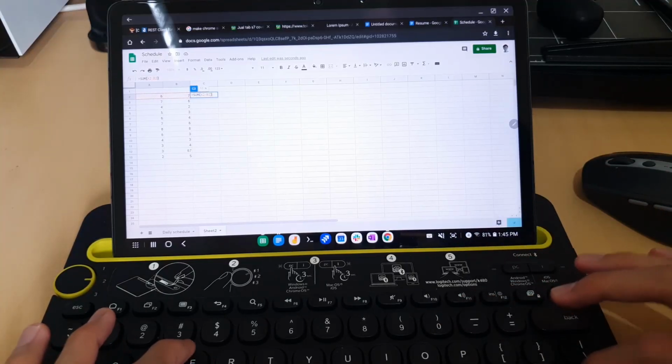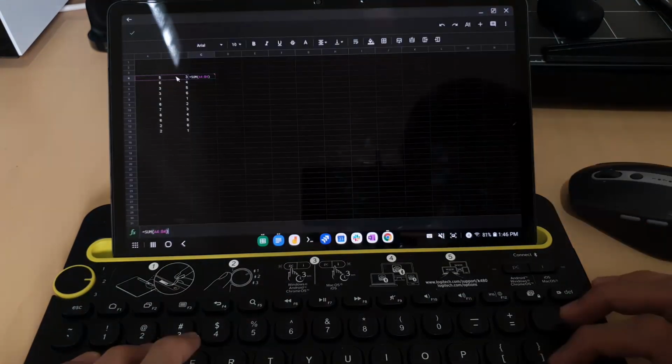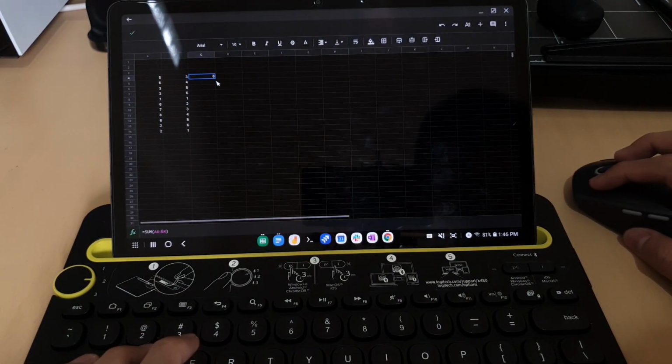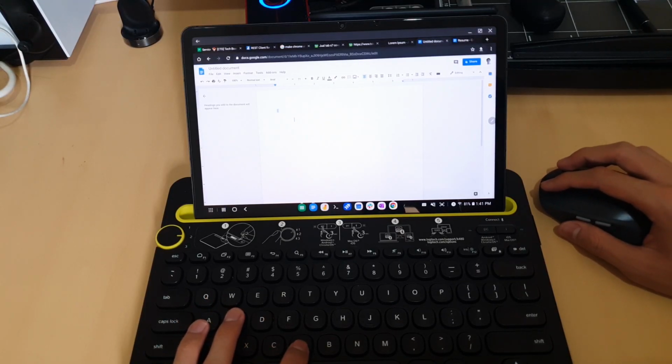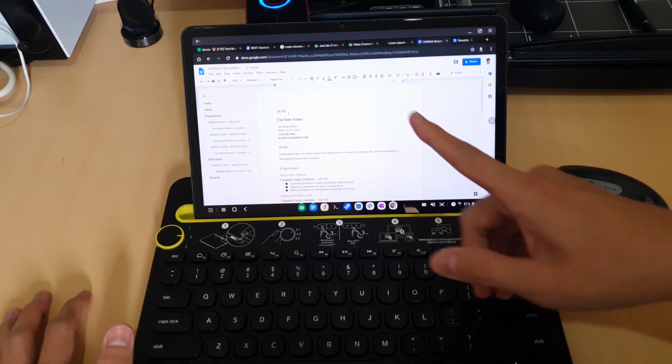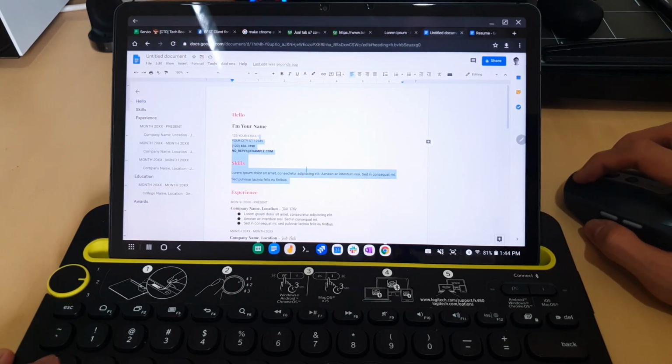The functionality is also decreased. Like in Google Sheets, I can do a magic copy on cells here, but in the native app, I cannot do that. So I prefer the web version over the app version, because it is better to have the same experience between Tab S7 and my laptop. Also, people are more familiar with the web version, so it will be easier for them if I present with the web version.